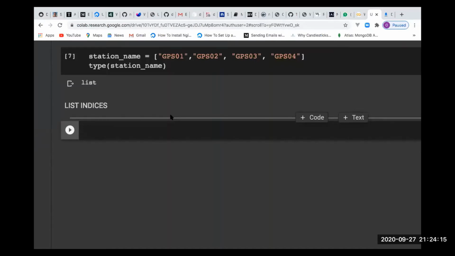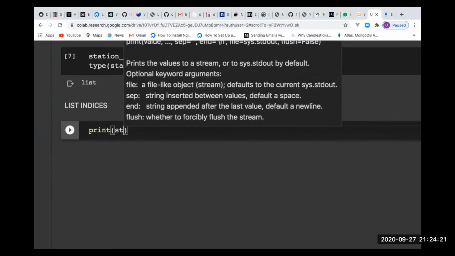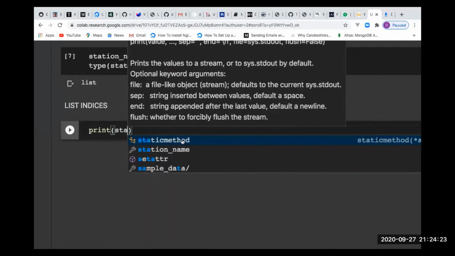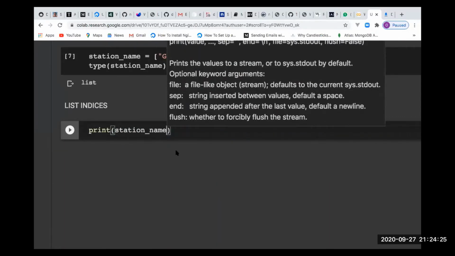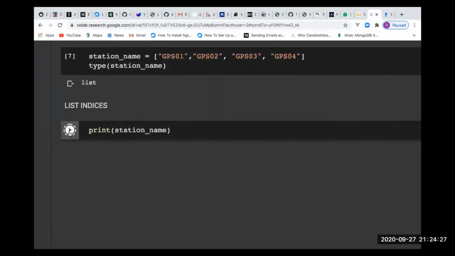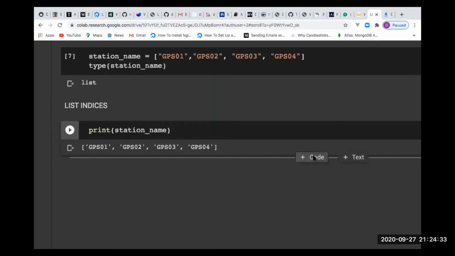Now let me first print out the list so that we can see that it's real. Station name. Then you can have it. You see, we have printed out our list. Now I want to